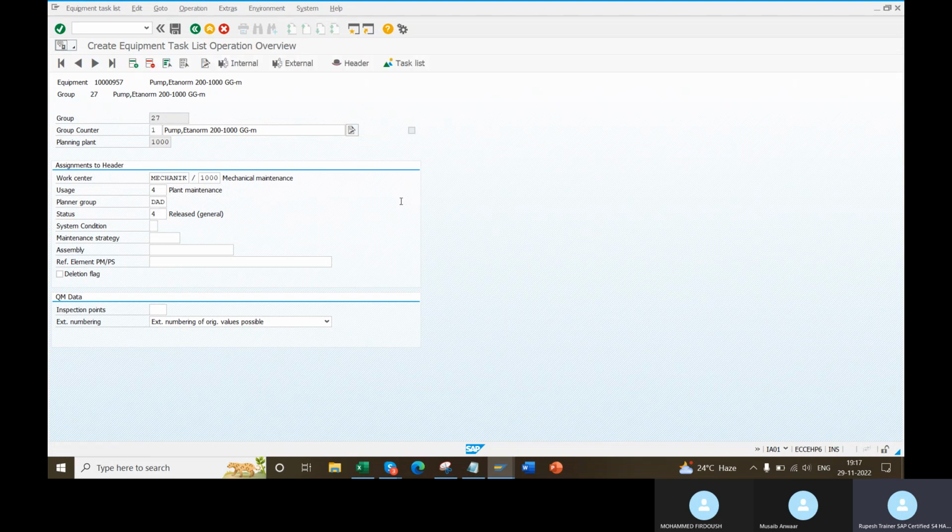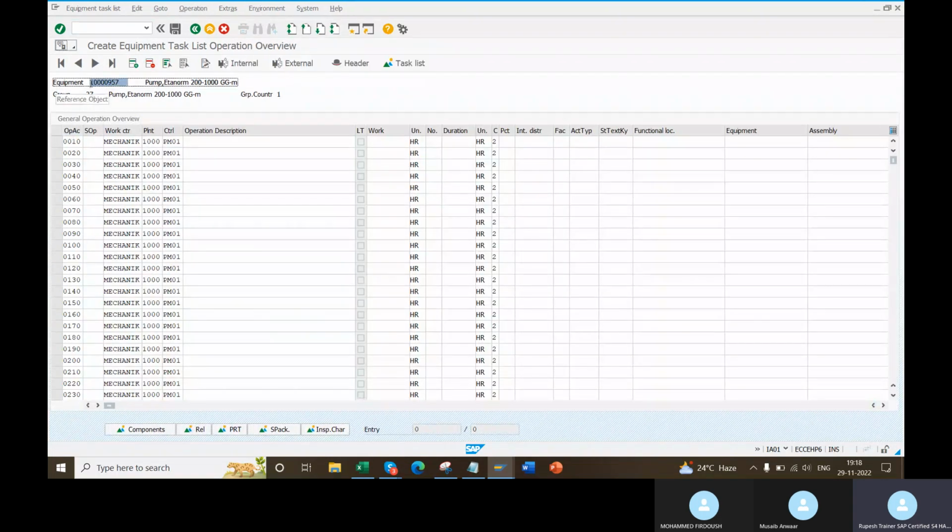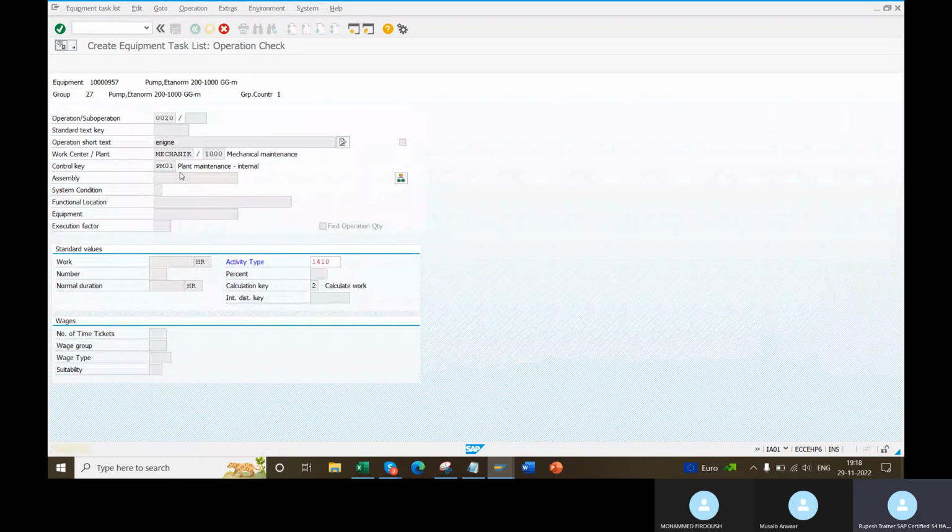So go to operation, right? See here in the header, your equipment number will come here. Because this task list is created for this one single equipment. Okay, go to the operation. Again, your equipment number will come here. Only difference is your equipment number will come because this task list is created for that particular equipment. Enter whatever operations you need, that you guys know. Other things all are same. Only thing is your equipment number or FL number will come. That's all, simple. As usual, main point: go to the component.